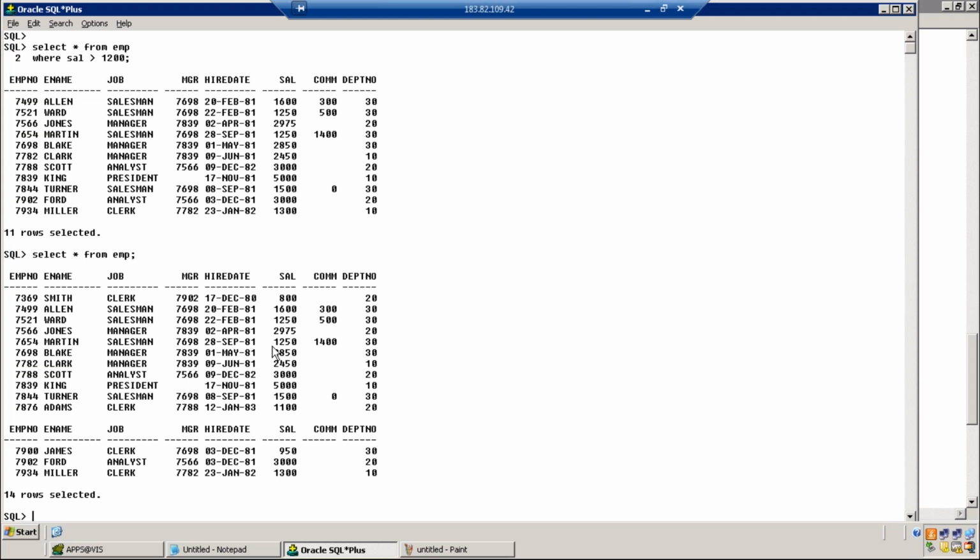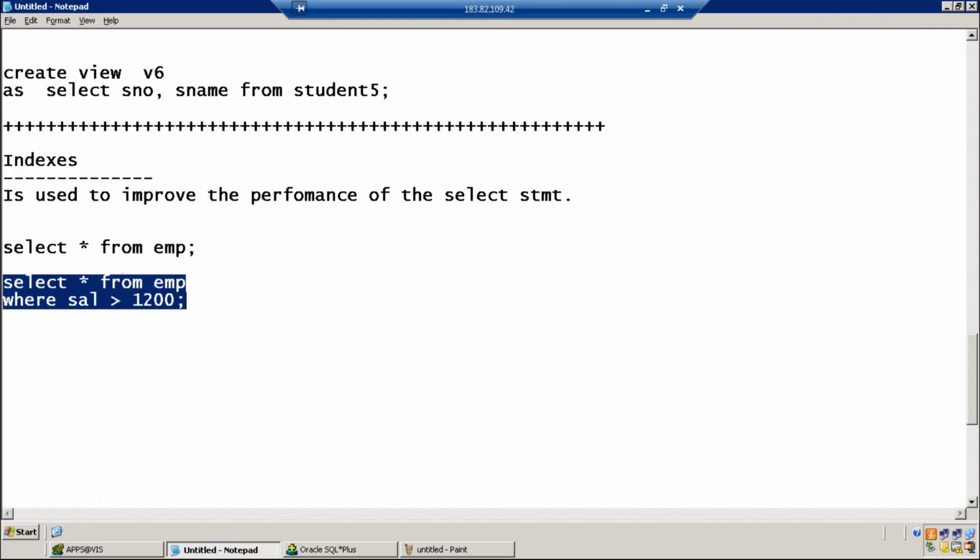If the table has 1000, 2000, 5000, 10,000 rows, the performance by default is fast. You will come across the performance problem when the table has millions of records. At that point, the select statements will run very slow because most select statements we write are based on a where clause. We never want all the millions of rows. We want only the rows satisfying a specific condition, isn't it? So the performance will be reduced. To overcome that kind of performance problem, we have a concept called index. When you create indexes, even though there are millions of records, the performance will be very high.